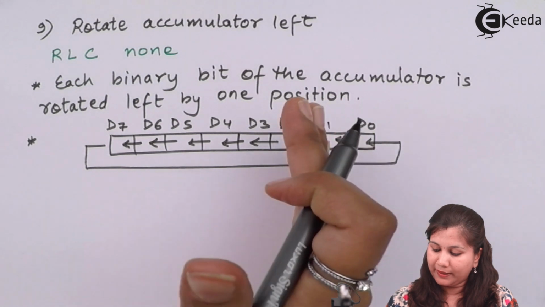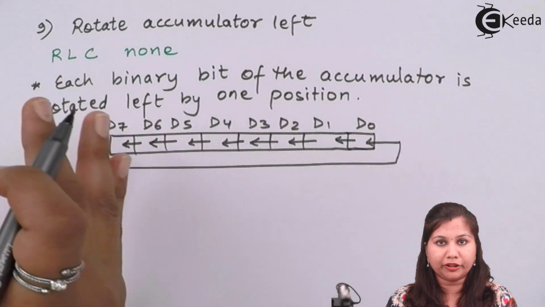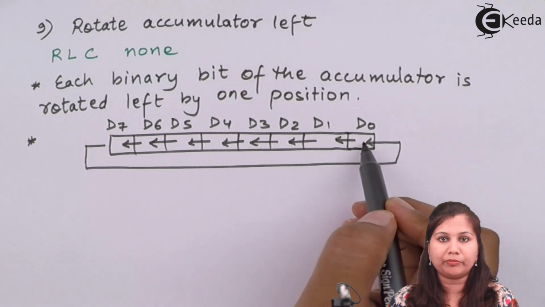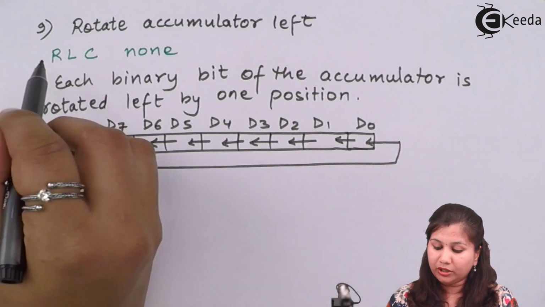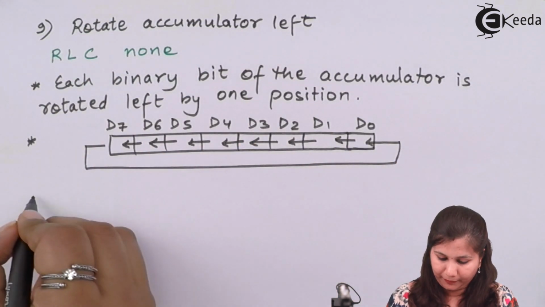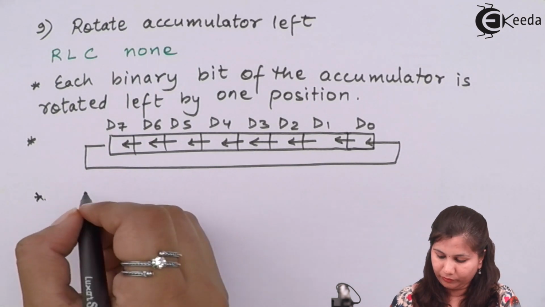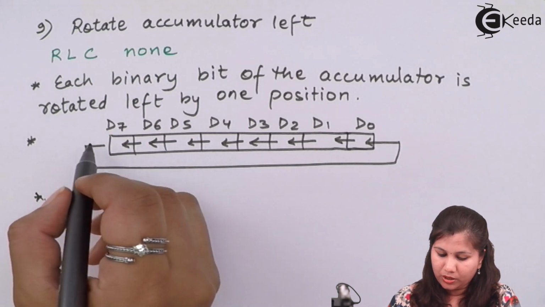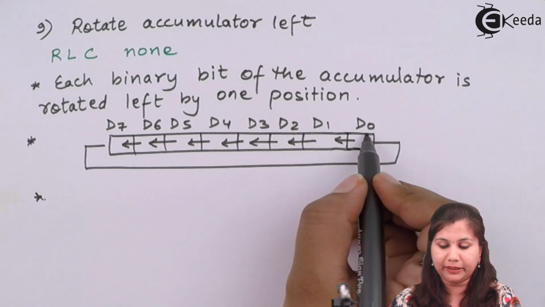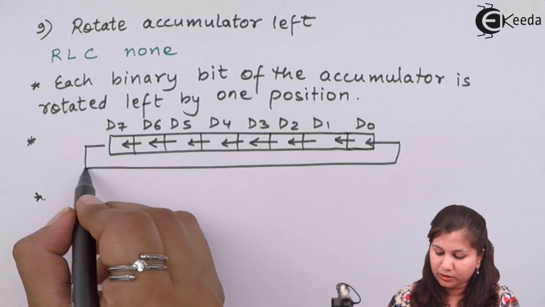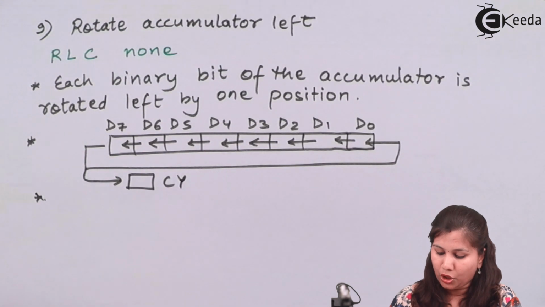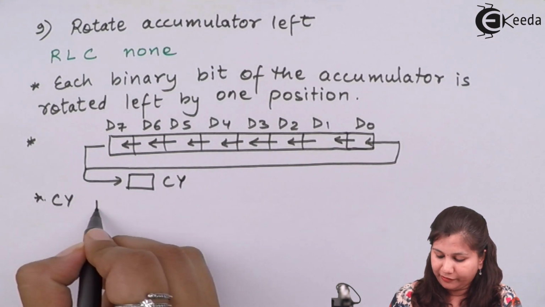In this way, 1 bit will be shifted to the left-hand side, and the D7 bit will become the D0 bit. So here the accumulator is rotated to the left-hand side, okay? Now this D7 bit, when it is shifted to the D0 bit, also goes to the carry flag. So the carry flag is modified